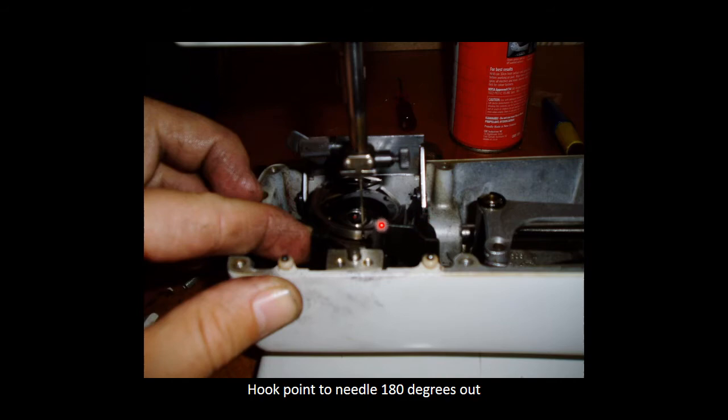There's precise ways of doing it, or you can do it by dropping your hook into your worm gear, and do that until you get it right and your hook passes just above your needle eye. If it passes below your needle eye, then you will suffer from skip stitches. Normally, if you drop in your hook when your hook point is around about there, then when you start turning your handle, it will lock in, and it should pass just above your needle